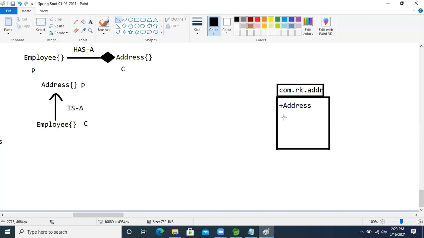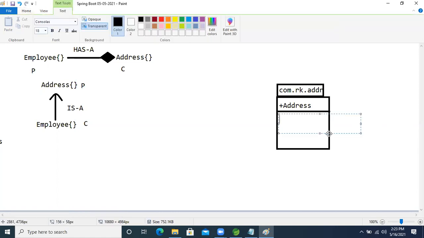Now inside that, we will decide how many attributes and which attributes we will take. Which kind of attribute will we take, guys? Private, which is represented by the minus symbol.